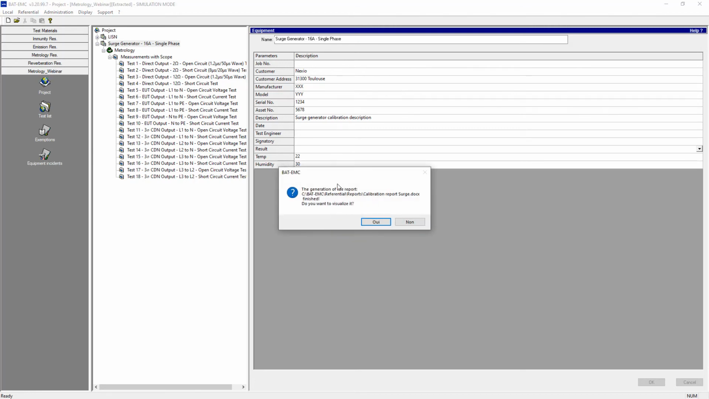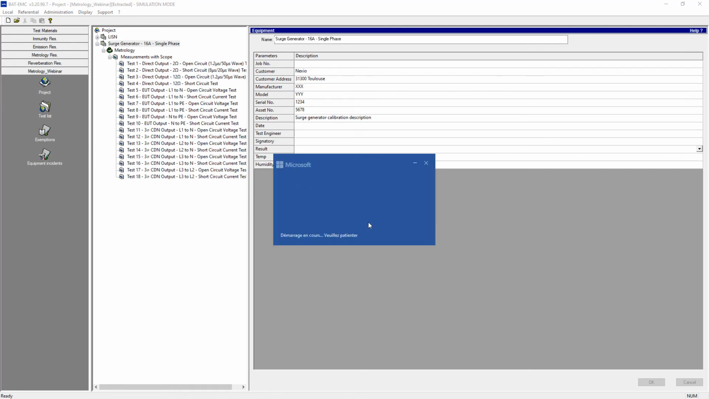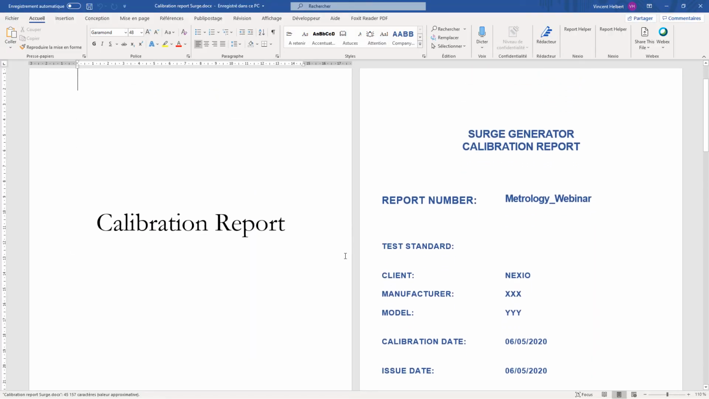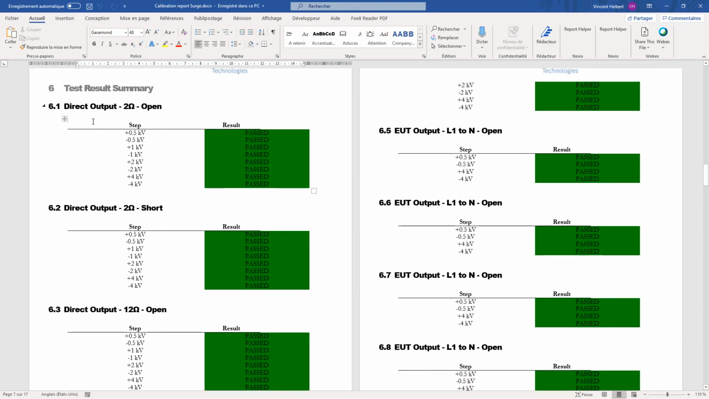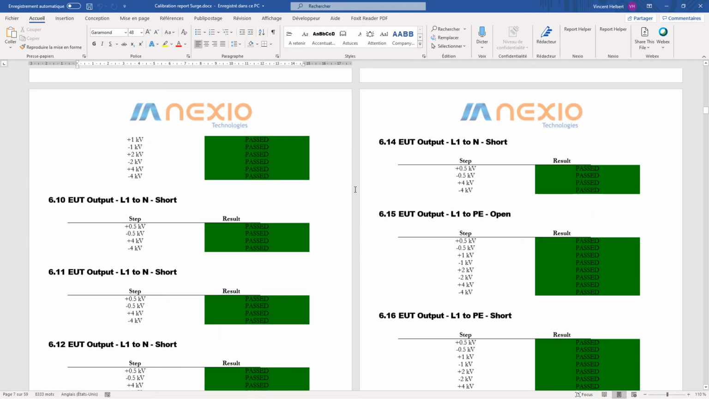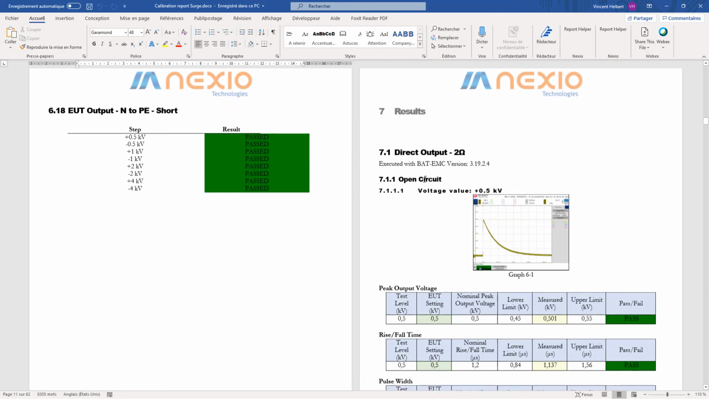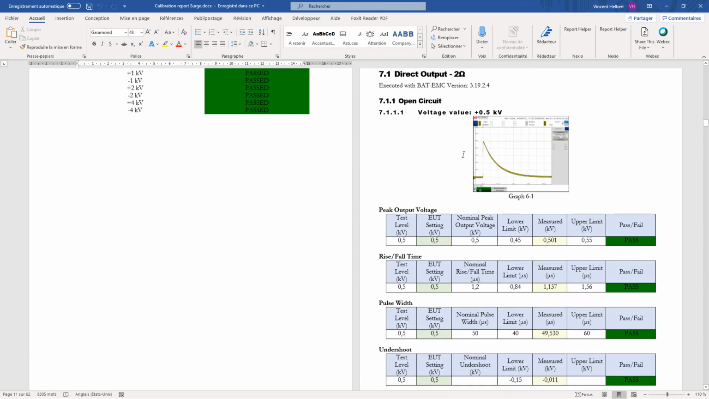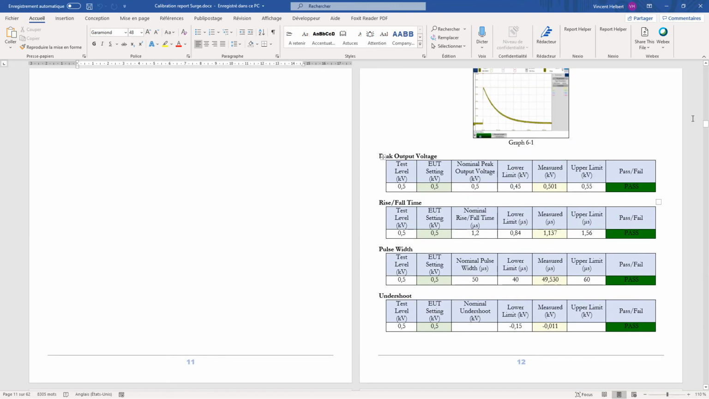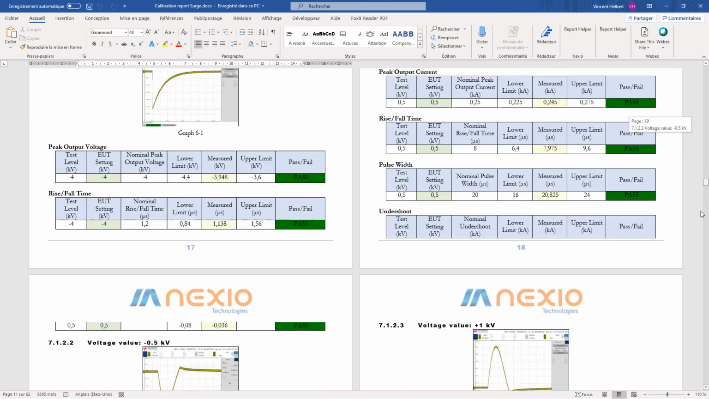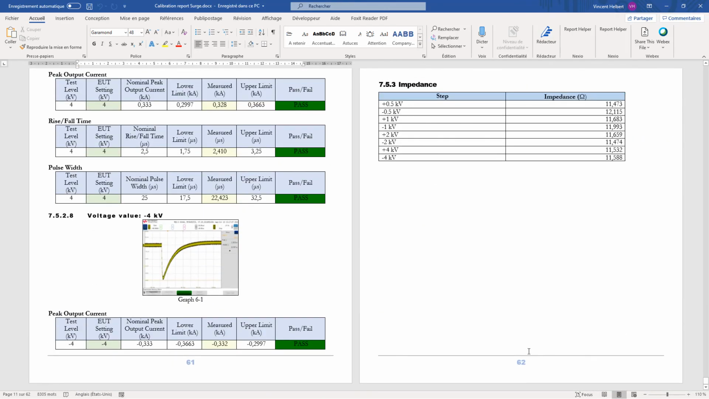So we're generating the report. I want to visualize it, and so we have a calibration report with some information at the beginning, and after we have the summary of all tests with the conclusion for each voltage, and then we have more details on each measurement, with the graph and the results. What is important to show here, we have 62 pages. It's been generated in 5 seconds,